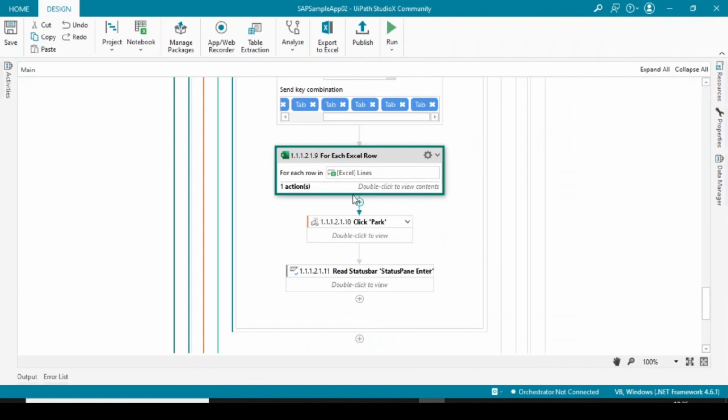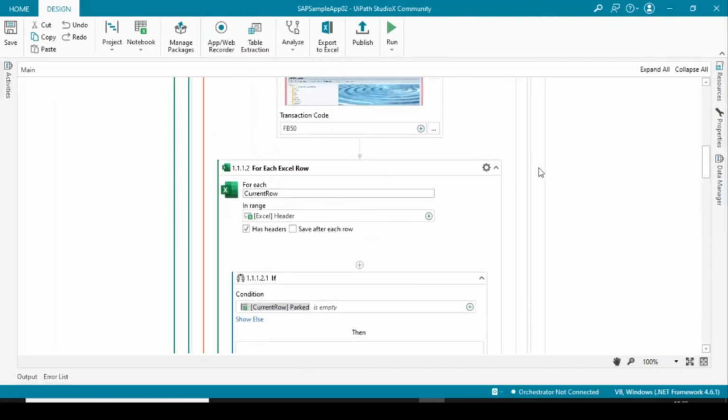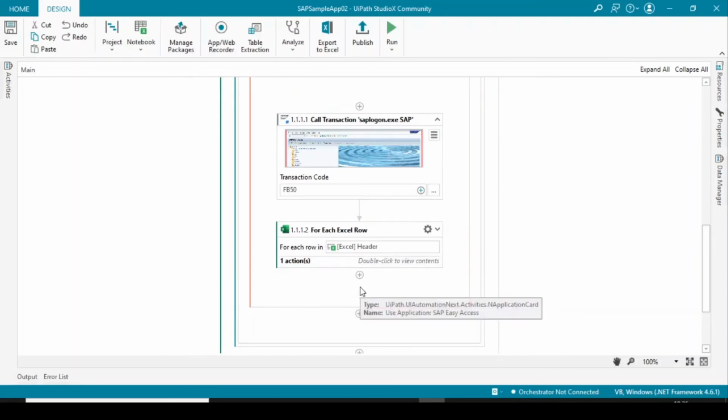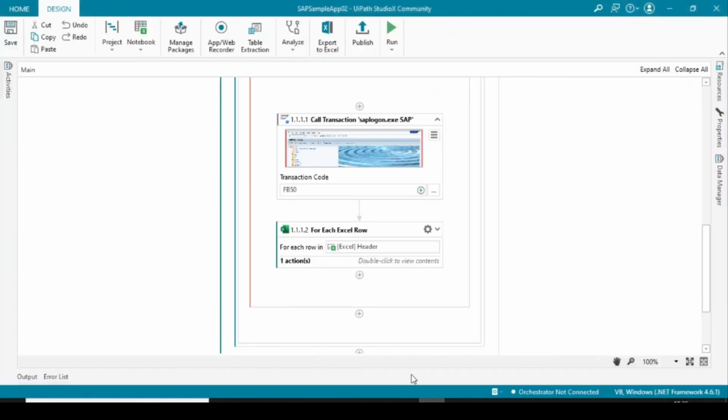So far so good. Now we have to do another thing, and that is, let us collapse this. Now this was the main loop, the bigger loop, and we have to put something outside of this loop, that is after this loop, and we want to exit, and then we will have a tab and enter to close the application. Therefore we will add after this loop,